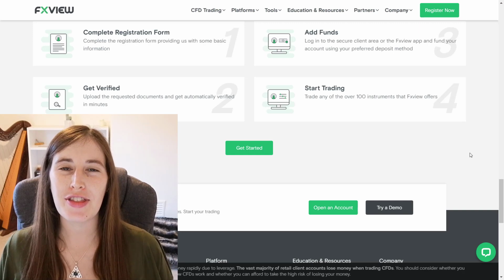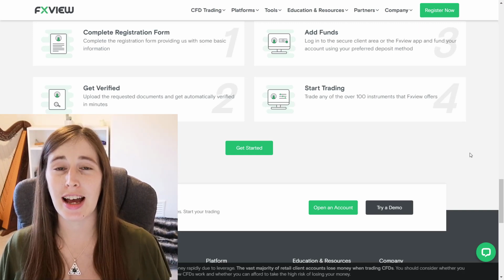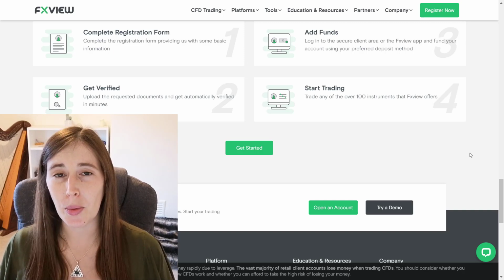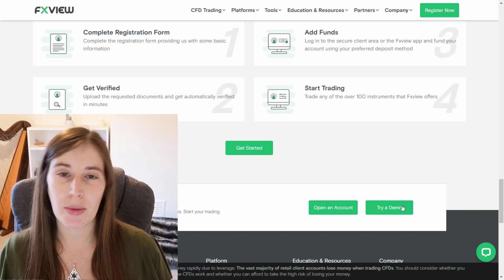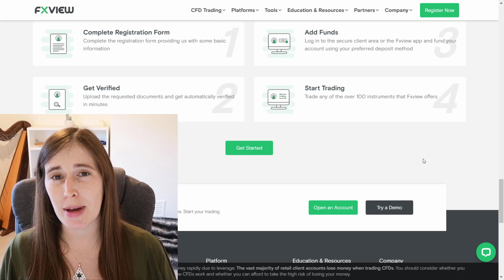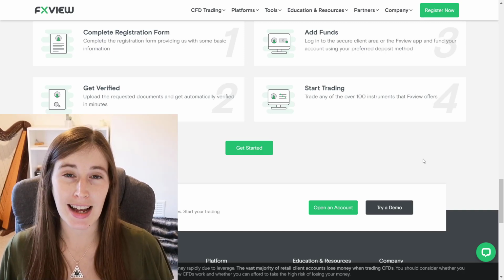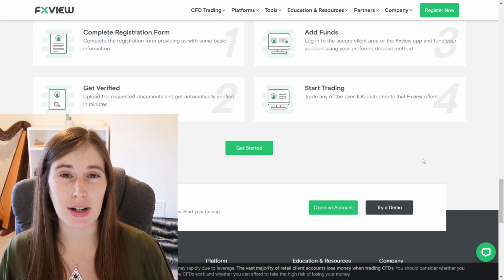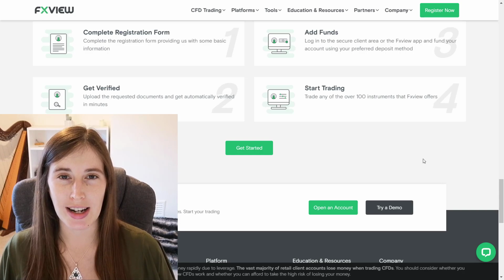Now the great thing about FXView is that they offer two different trading accounts. So you can have the funded trading account if you want to get trading with real money straight away, or you can create a demo account which allows you to practice trading in a risk-free environment with paper or fake money. And that's what I did when I first started trading as a beginner, because it's a really good practice to manage your risk, to allow you the space to develop the skills that you need for trading without using